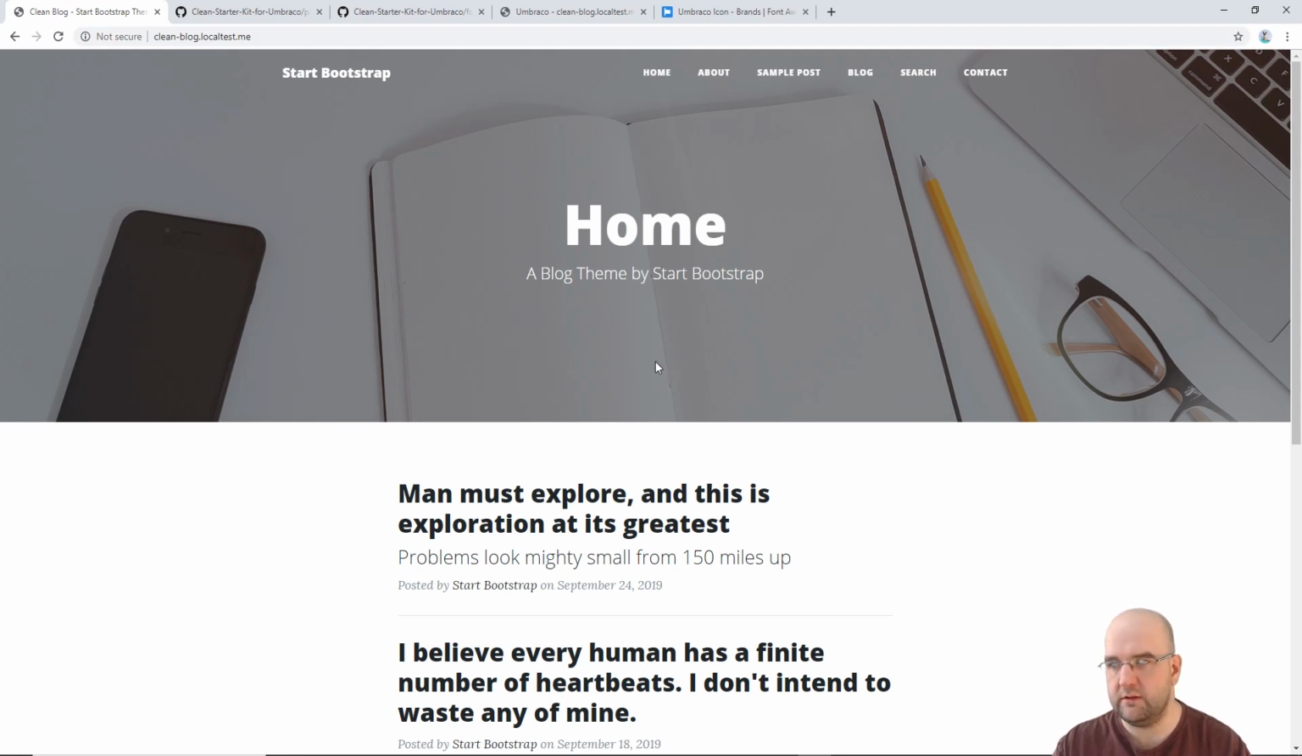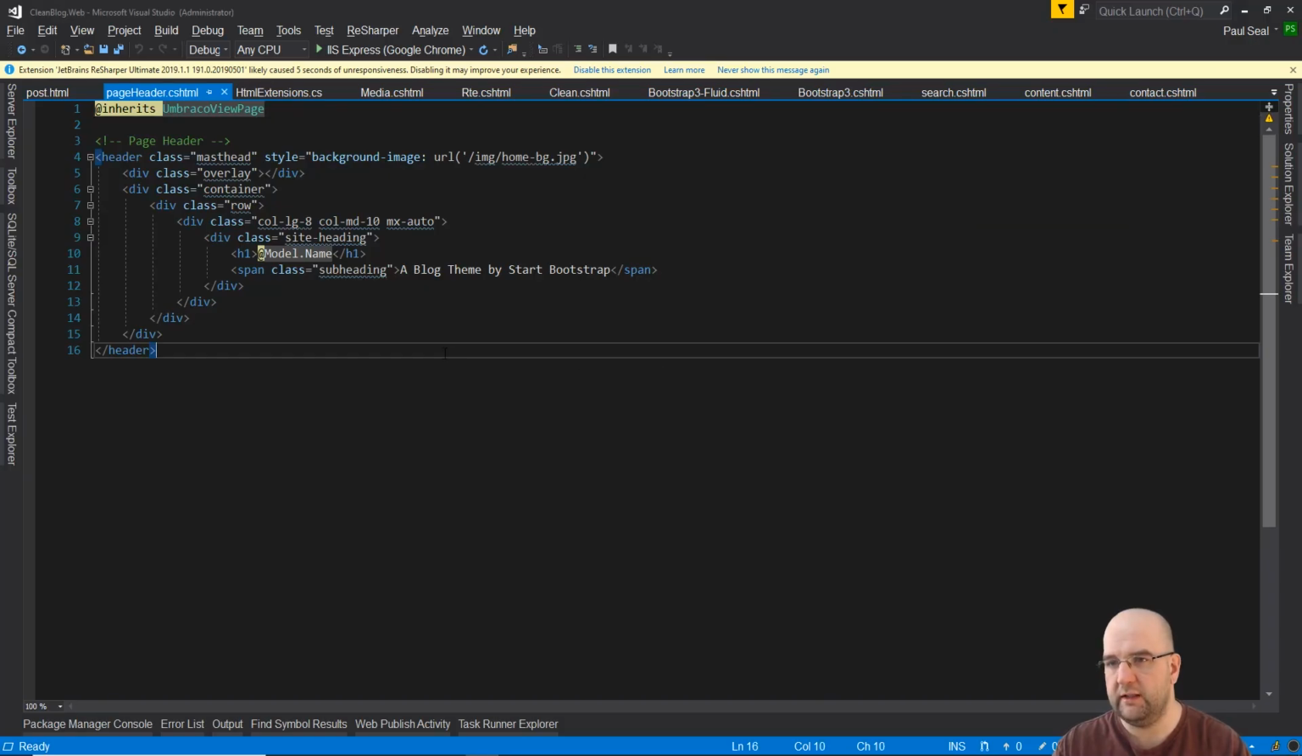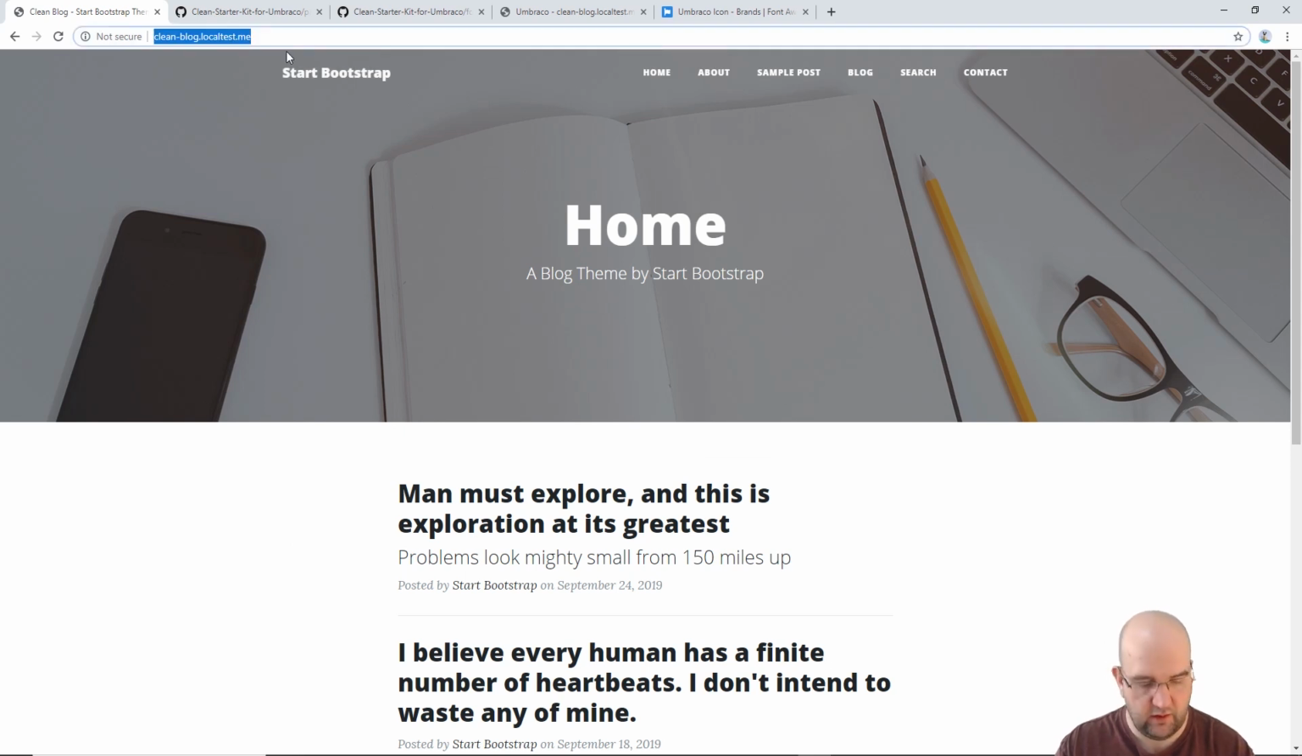What we need to do is go into Visual Studio and go to the page header partial view that we've already created. Now this partial view is just hardwired really, apart from the name. And if we go into the back office, if we log into that,